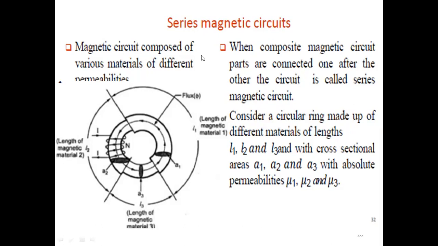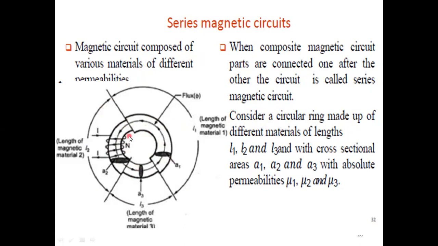This is the simple magnetic circuit we are going to consider now. See how it looks. It looks like a circle. But the actual diagram is this. Whatever the outer line is there, it is not part of the diagram. The diagram is only this one. This is the magnetic circuit diagram we are going to call here.